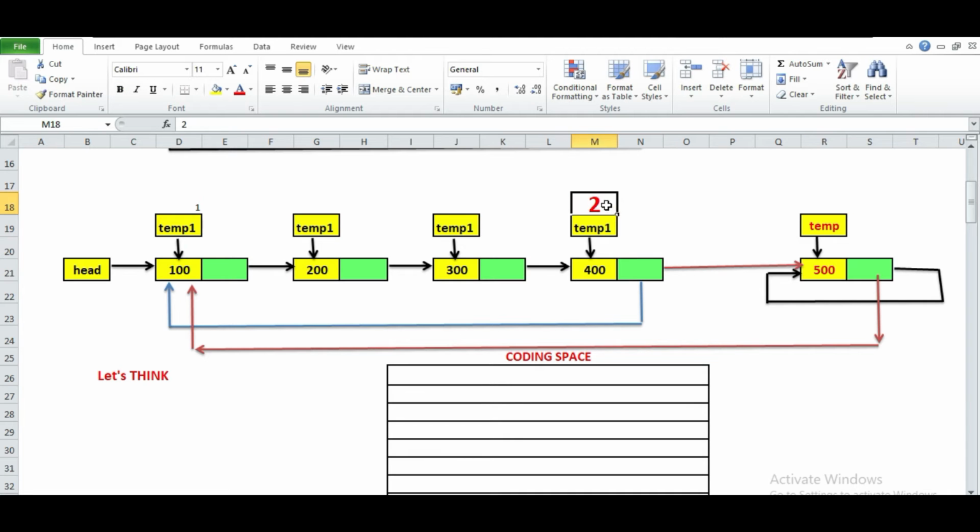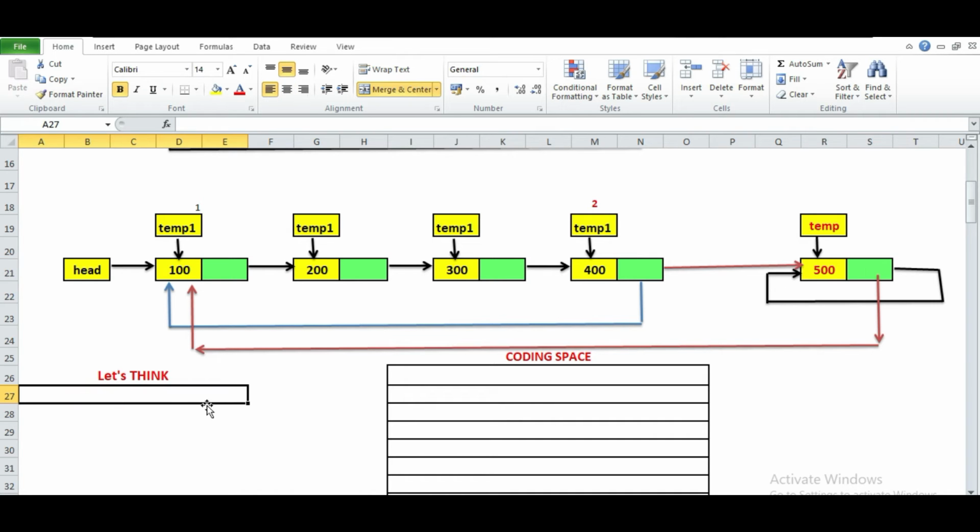Once it comes to the last node, we can use that pointer so that the last node points to the new node, and the new node's link is going to point to the first node. With this, you can insert your new node at the end of the CSLL.